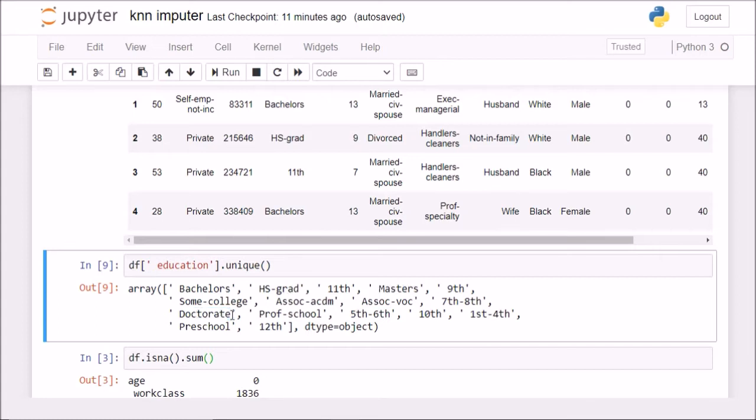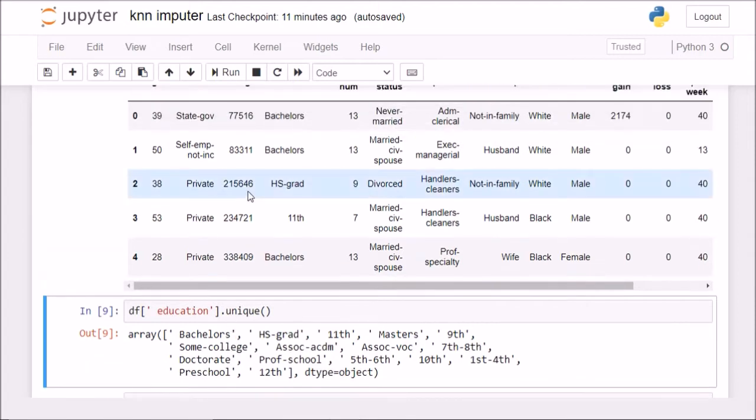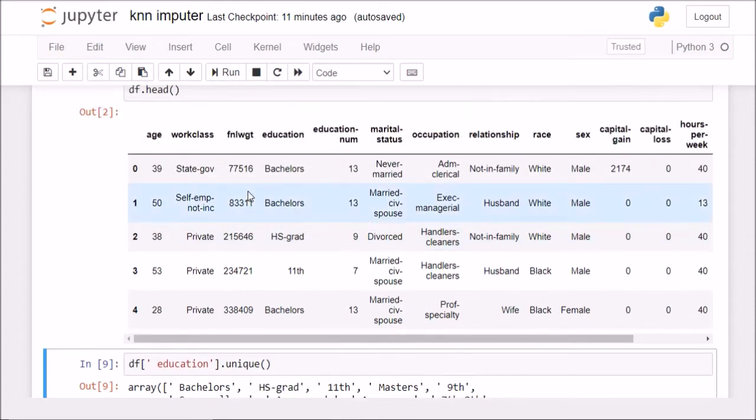So we can give an ordering in this particular column of education using ordinal encoder, and then it would make a little bit more sense to calculate the distances to impute any missing values in this education column. So this is what we have to decide: whether we want to use KNN imputer on categorical columns or not. Because if we want to, then we would have to first convert them, and for that we would have to check whether it makes any sense to put numbers on the values in that column.